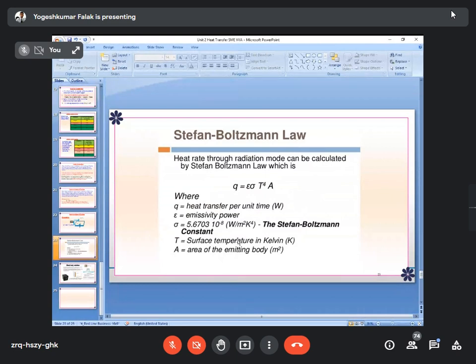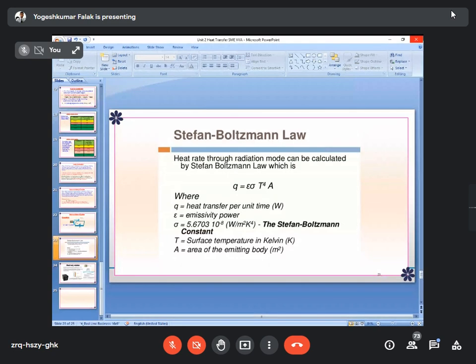So please write this down again. Heat rate through radiation mode can be calculated by the Stefan-Boltzmann law. Q, capital Q, is equal to epsilon sigma T raised to 4 A, where epsilon is the emissive power of the black body, sigma is the Stefan-Boltzmann constant, and A is the area. The Stefan-Boltzmann law is called the law of radiation. With this equation, you have to calculate radiation heat transfer, where Q is